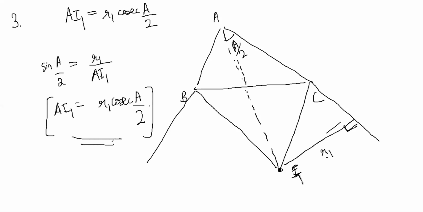Because the internal angle bisector of A and the external angle bisectors of B and C meet at I1. Now you drop a perpendicular here, this distance is called R1. So if I needed AI1 to be part of some nice triangle, the nice triangle here is AI1D. Because this distance, you know, this distance is what you need, and one angle you know. So you can express this in terms of this, right? Makes sense. Okay. Then try now the fourth one.